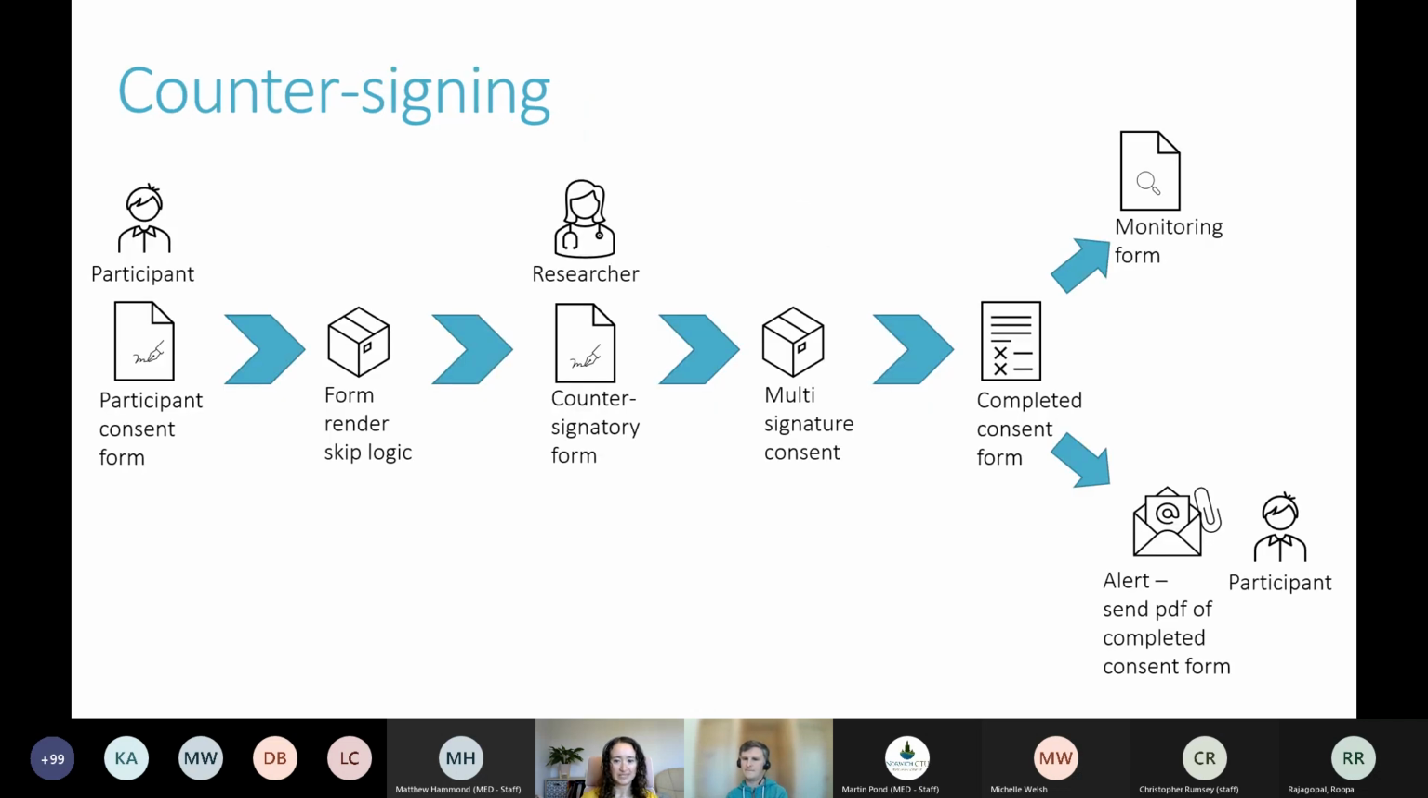So as we've mentioned earlier, we suggest having separate forms for the participant and the researcher to sign. So this is an example of one of the flows of data and control sequences for one of our studies. In this example, you have a participant consent form. Participant fills that in, and then when it's completed, the form render skip logic external module then recognizes that form